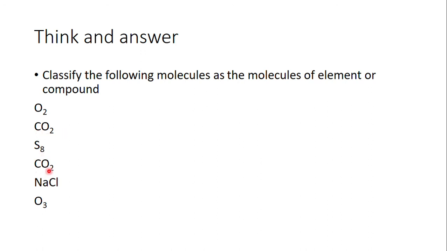For carbon dioxide, again it is the same example given, so it is again 3, right? Sodium chloride: 1 sodium and 1 chlorine, 1 plus 1 is 2. The atomicity of sodium chloride is 2. And O3, ozone, is 3. Atomicity is 3. So please do this again as homework.